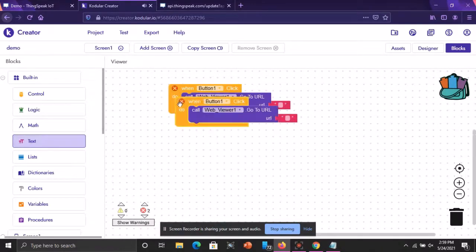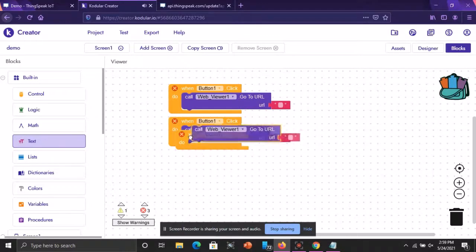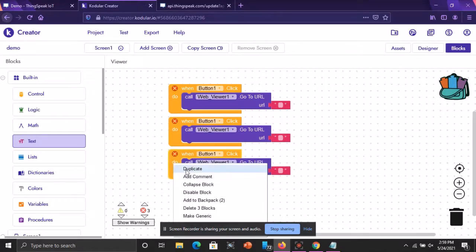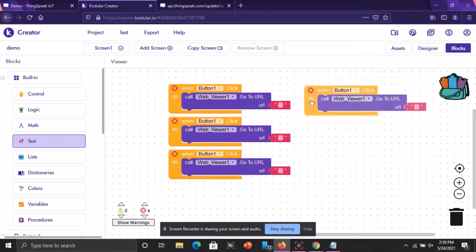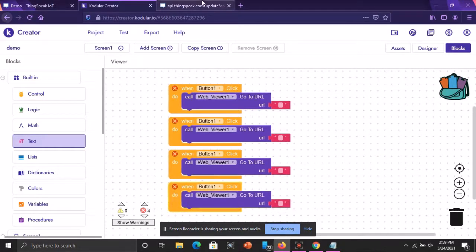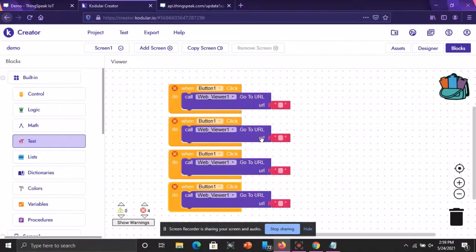Now I'm just duplicating it 4 times, or we can say 3 more times. Look, just like this. Now I just have to add these URLs, copying it, just for button 1, this will be for button 2, this will be for button 3, and this will be for button 4.